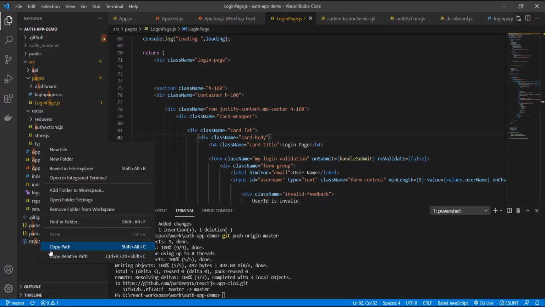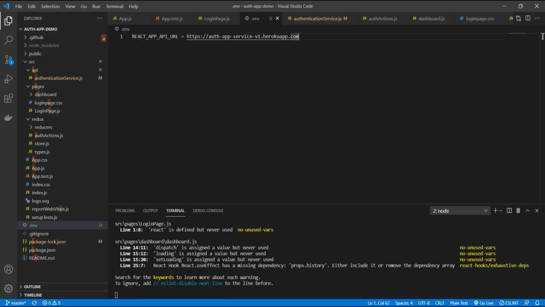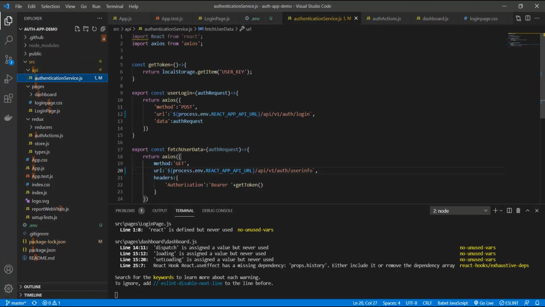Here we have to create one environment file. In the environment file, we have created the React API URL, and in the authentication service, we have changed from localhost to process.env.REACT_API_URL. Let's add these changes.